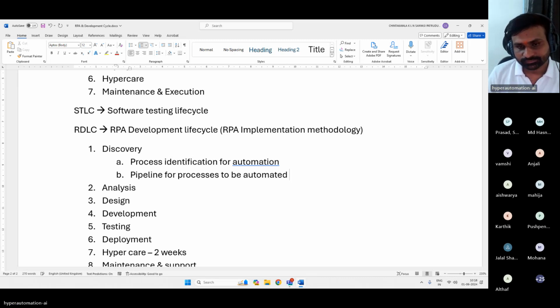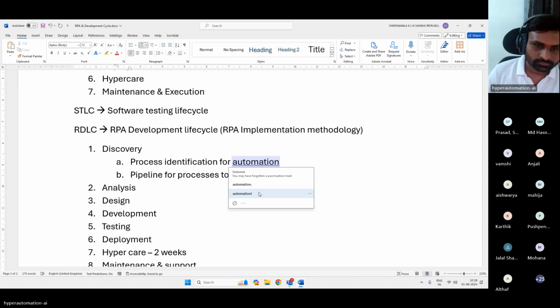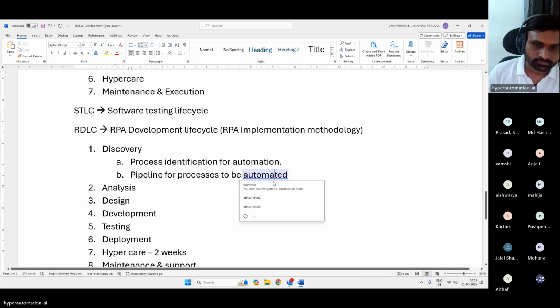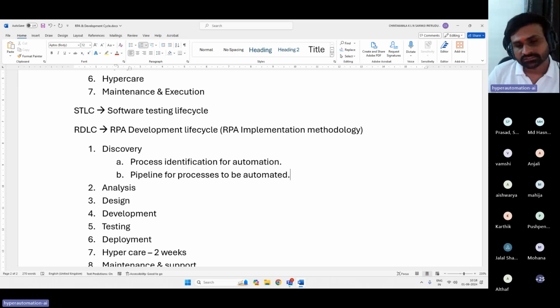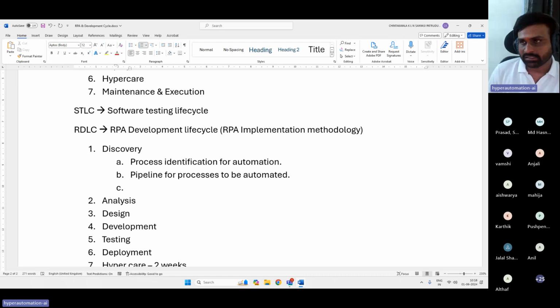Anything else, guys? We will be identifying the processes which can be automated, we will build the pipelines, and we will do the initial cost benefit analysis.